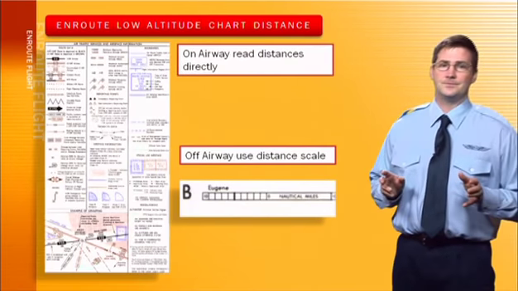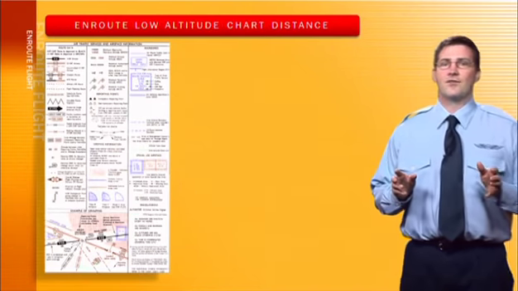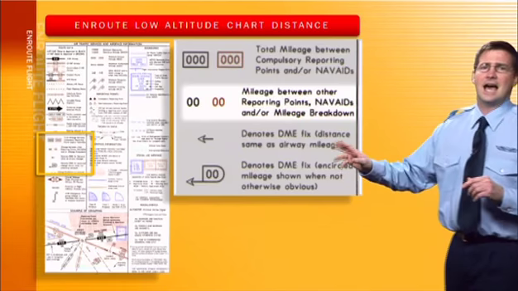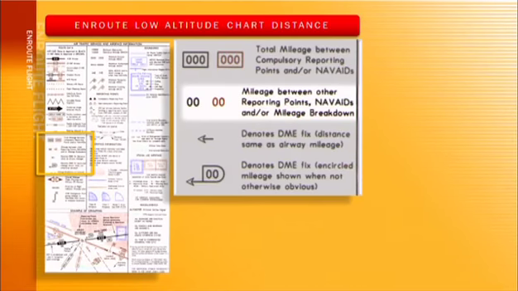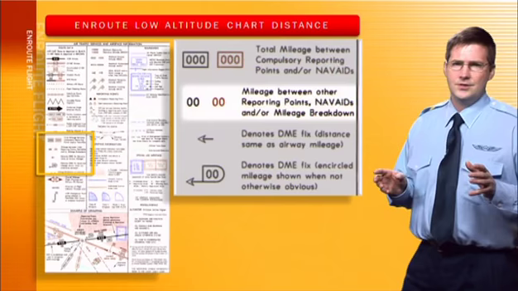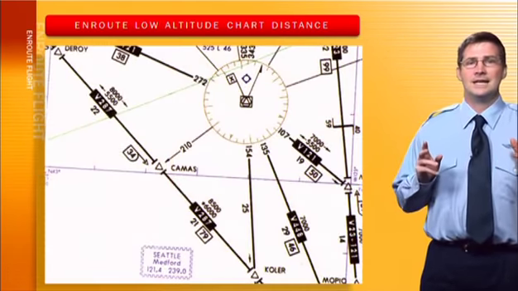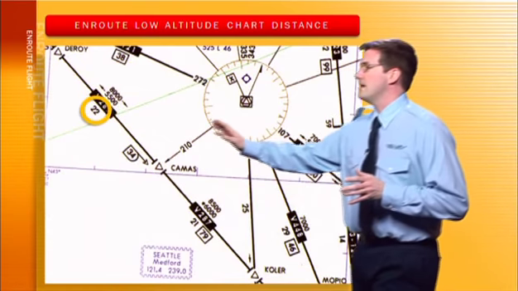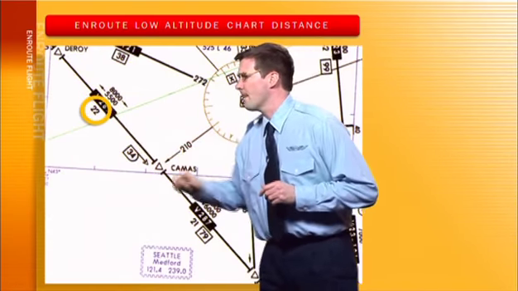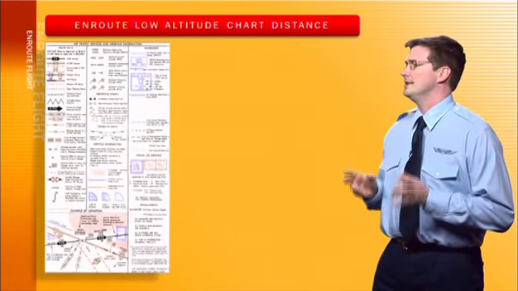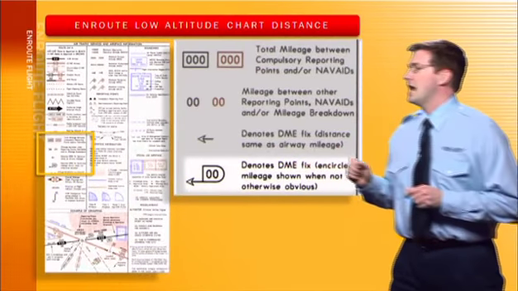your VFR plotter here. The chart legend covers distances over here in this section, and by enlarging this detail, you can see the highlighted areas show mileage between reporting points, which is the numbers underneath an airway. And in this entire section, it shows 4 ways that are differently used for tracking distances on a chart. Now let's go back to the chart and take a look. Distances are shown along the underside of an airway, like this example right here. Back to the legend. We can see DME distances are shown with digits inside a D and an arrow pointing to the